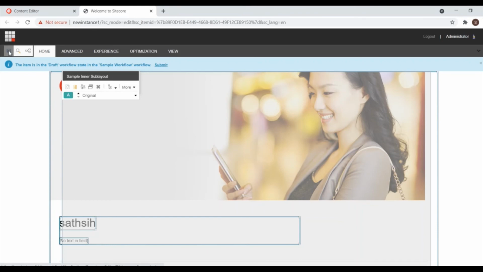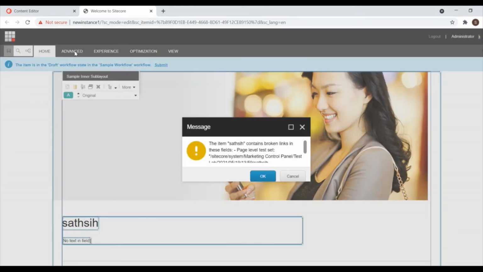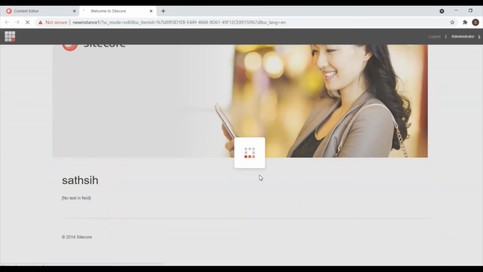So I'm saving this page. It will take some time to load.